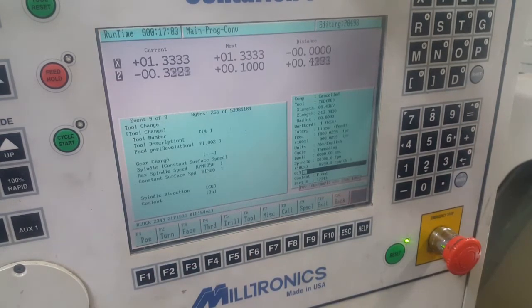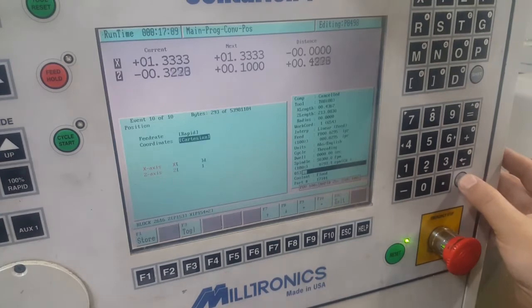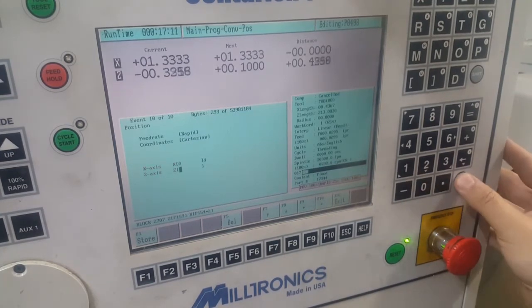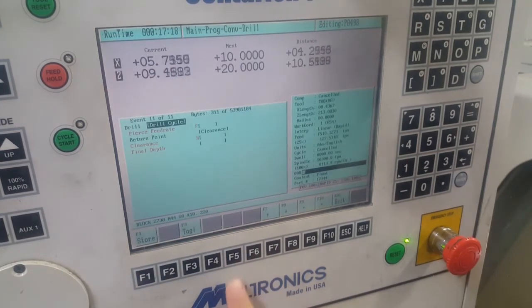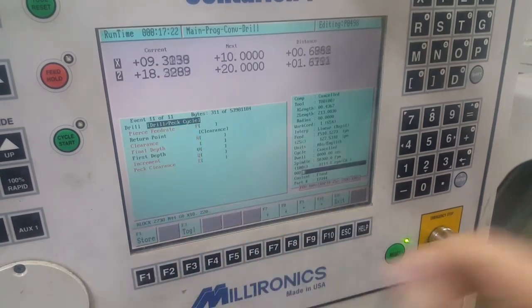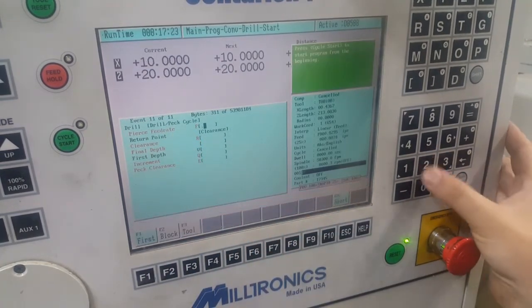Now when you're drilling, you want to move to position before you drill. So we're going to go position. It's going to be a rapid. X0, I usually go to Z.5. Store. Then we're going to drill. And we're going to toggle that so we get the drill peck cycle. Re-enter our